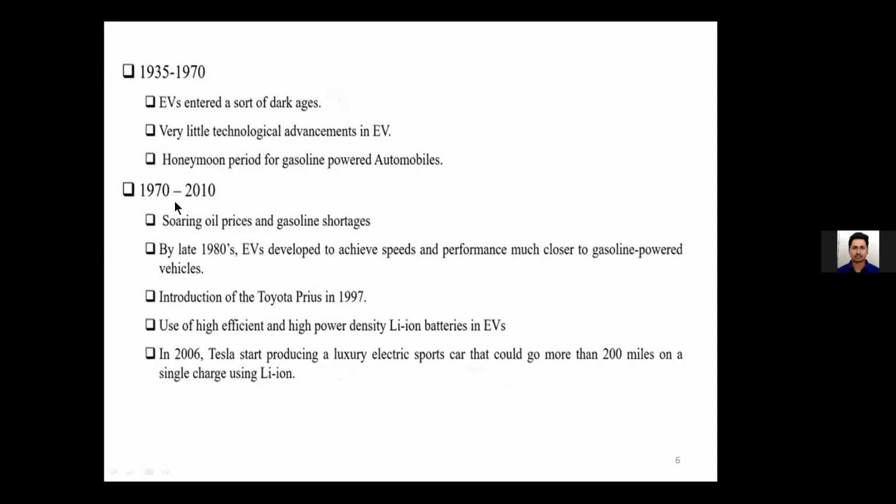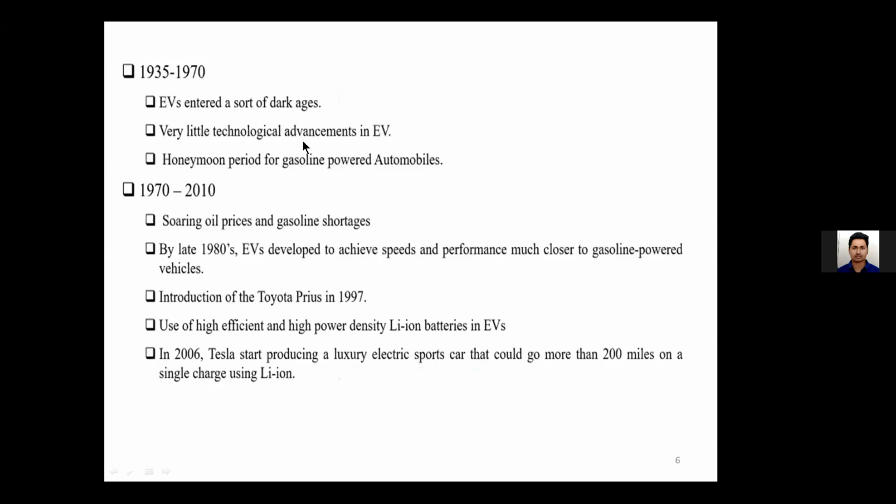And during the period 1970 to 2010, again there was an increase in oil price. So again, the focus was shifted towards EV. During this period also they were heavy, but they were mainly preferred for demonstration purposes and other things. And during this period, people realized that the fossil fuels will not remain for the future. They may get extinct over a period of time. And in addition to that, there will be some environmental impact. So slowly during this period, the research on EVs gained momentum.